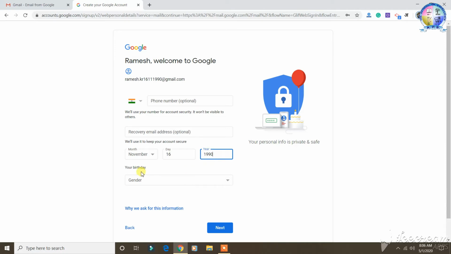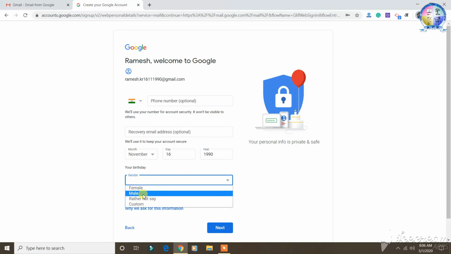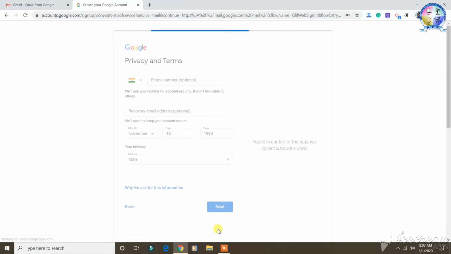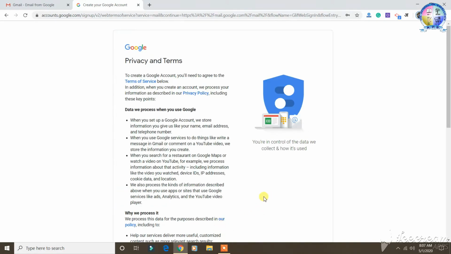Once you enter your date of birth, it's asking for gender. Here you can choose from the options. Once you fill in all these details, you just need to click on next. Then there will be an option for privacy and terms.